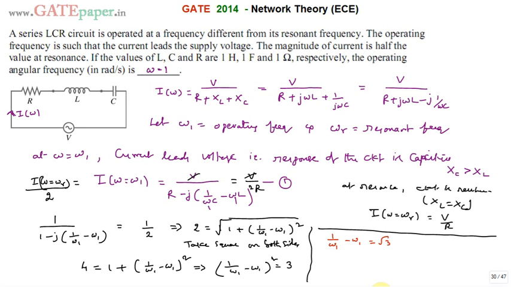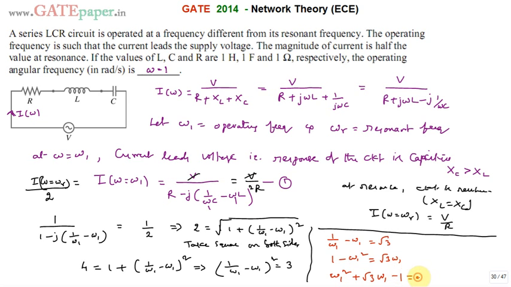If you write this, it becomes 1 minus omega 1 square divided by omega 1, which is root 3. So you can write omega 1 square plus root 3 omega 1 minus 1 is equal to